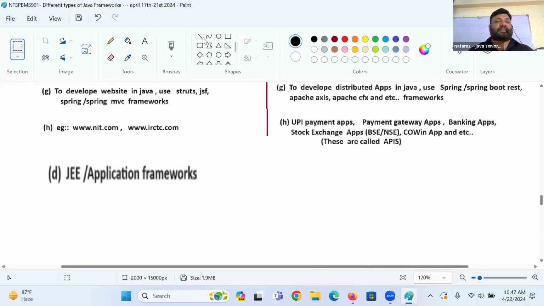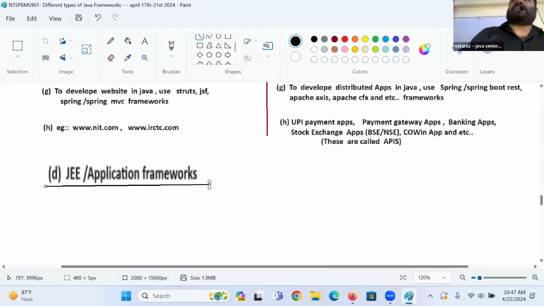The framework that provides abstraction on multiple Java JEE technologies and other frameworks is called as what? Application framework or JEE framework.